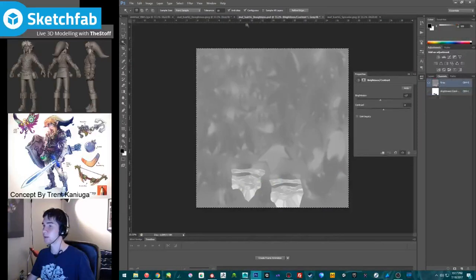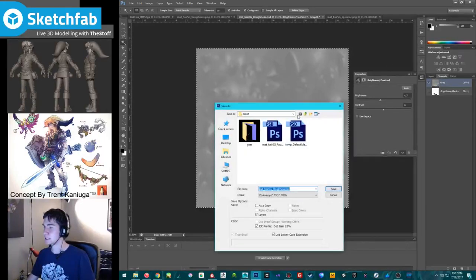I'll just combine it in Unreal, but for this, I'm just gonna create a roughness map because this is a big pain. A big old pain in the butt. Yep.